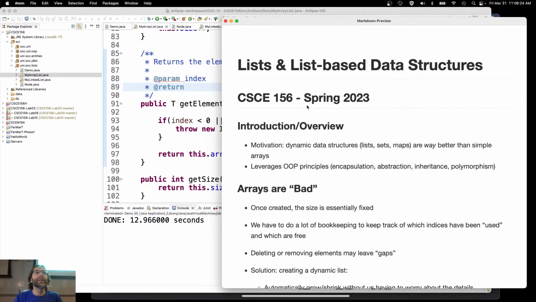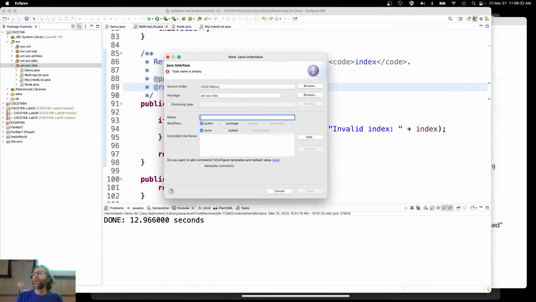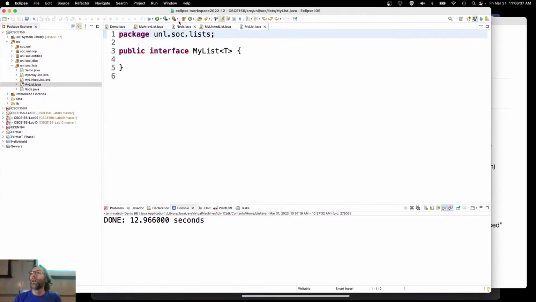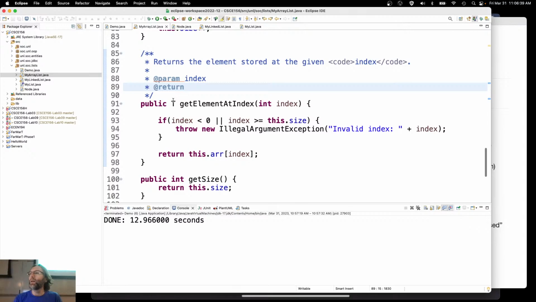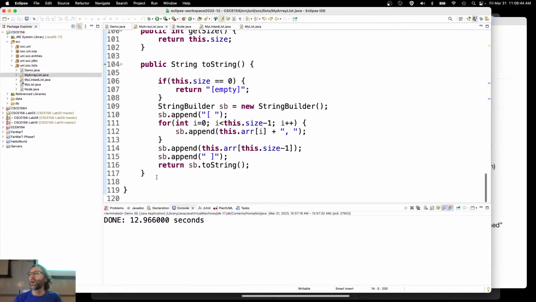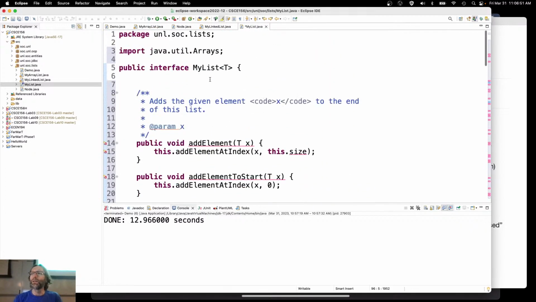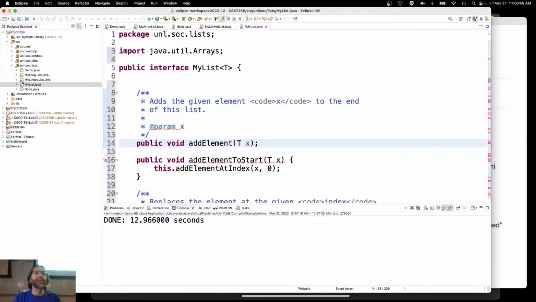So how could we use inheritance here to have a common interface? What I'm going to do is create a new interface, a MyList interface. The way I'm going to do it is copy the entire interface of this other list that I made, maybe even the documentation, not the toString method, but I will put it all in here. Now, that's not what an interface is. An interface has default methods, but don't worry about that. That was a mistake in Java. It has